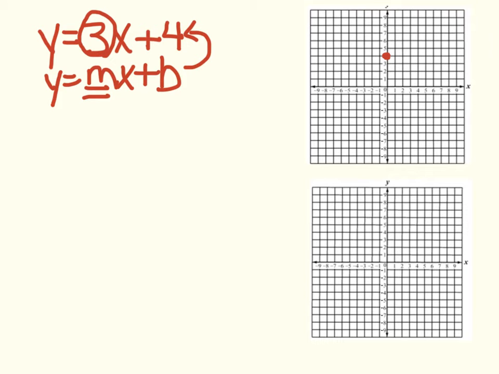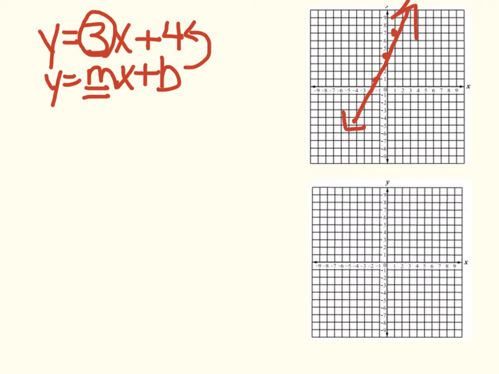So that means the rise is 3, so we'll count up 3. 1, 2, 3, and to the right 1. Okay, or we could have gone down 3, and then to the left 1, because a negative over a negative is also a positive. And then we have some points that we can put our line through. Okay, and so slope-intercept makes graphing extremely simple. You start with your y-intercept, that's your starting point, and then from there you count your rise and your run